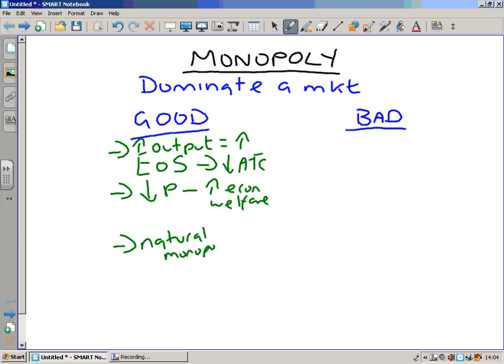This exists when we have really, really high setup costs involved in entering a particular marketplace. So, for example, if we were to set up a competing firm for Yorkshire Water, we're going to have to buy all the infrastructure, build a reservoir, build a pipe network into people's houses, have different taps in people's houses. That seems really inefficient because you're duplicating what's already there. It's unlikely that both firms would survive.